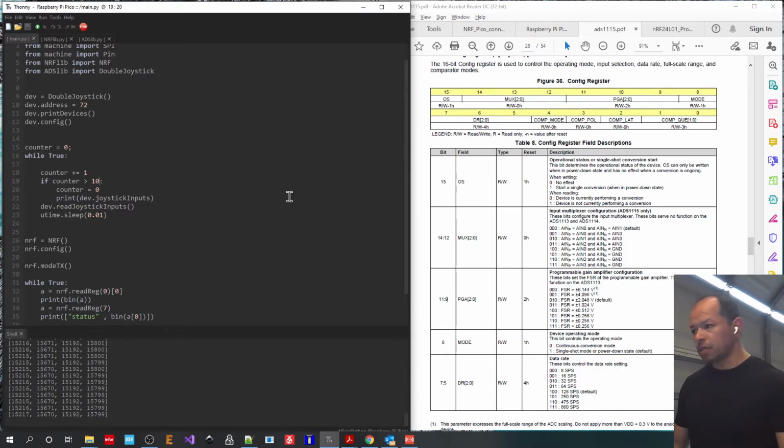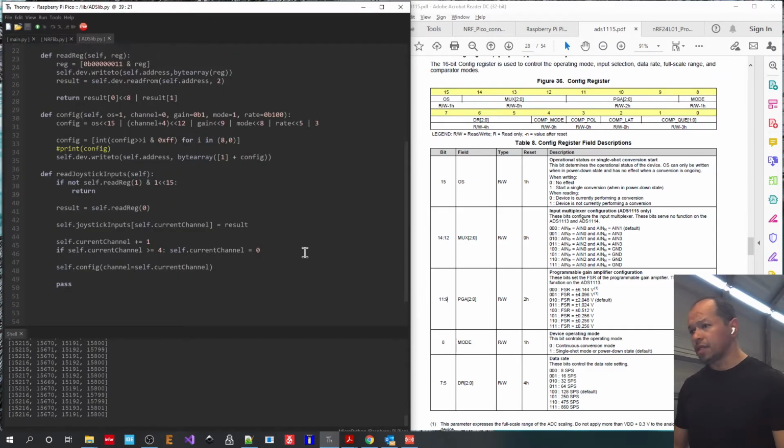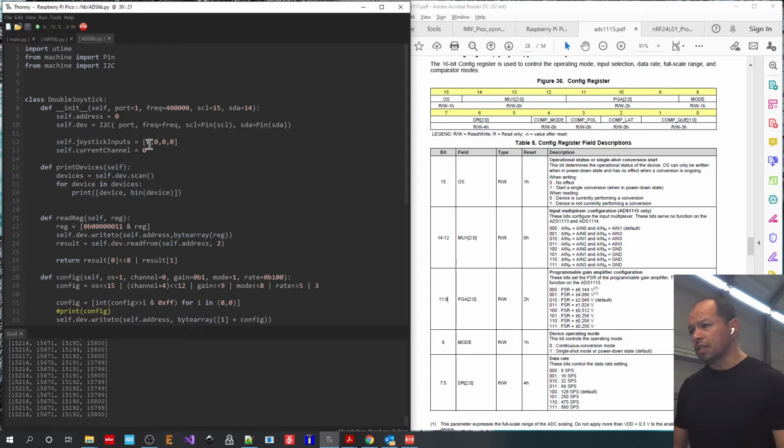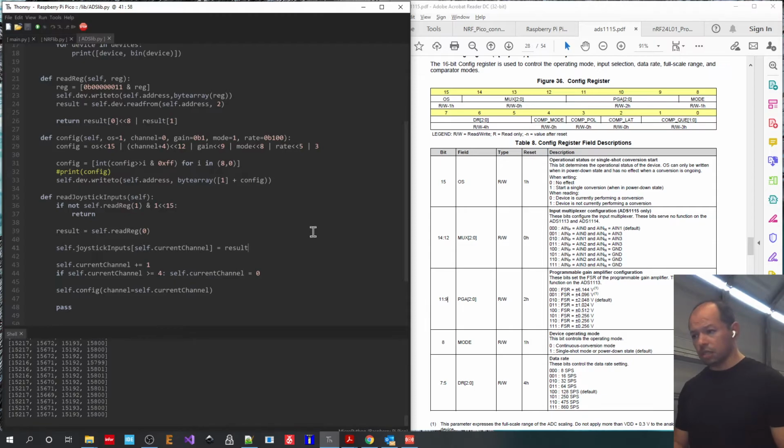Data is a little difficult to read, so let's make a change here. What I want is if it's left, this is going to be -1. If it's idle, it'll be 0, and if it's right, it'll be 1. So let's change this, and we'll say -1